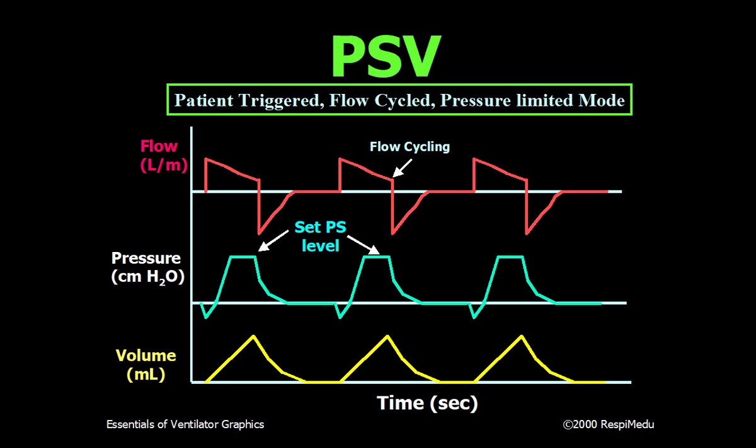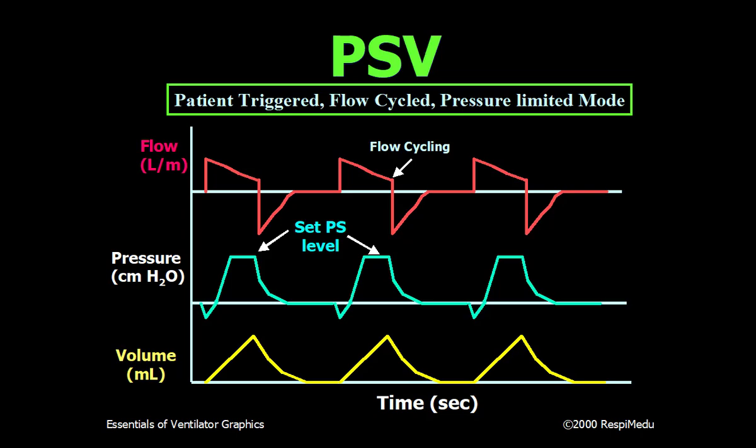It can be changed in certain ventilators to 35, 45, whatever you wish to do. So with flow cycling, the flow will not reach the baseline. It will cycle as soon as it reaches some proportion of the peak inspiratory flow. That's what will show you whether it is flow cycling or time cycling. Had it been time cycling, this flow would have reached the baseline and then started from the baseline. If it is flow cycling, it will stop above the baseline at a certain proportion of this and then